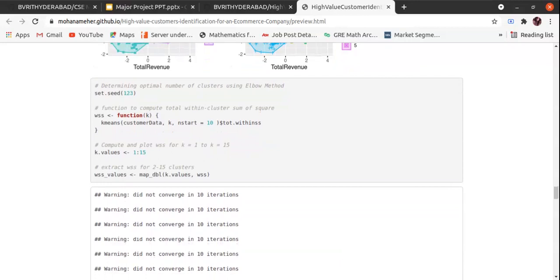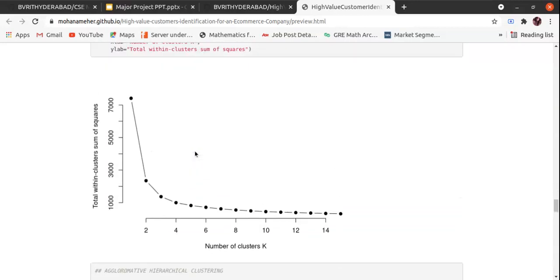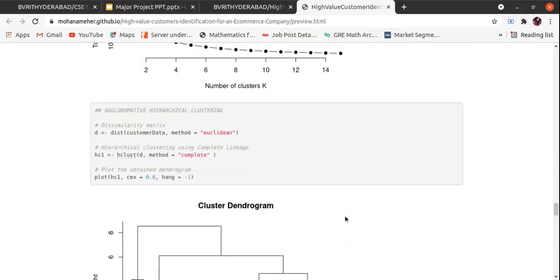Total within sum of squares measures the compactness of the clustering, and we want it as small as possible. So from here we can say that the optimal number of clusters in k-means is 3, with 527 customers identified as highly valued. Why 3? Because from 3, the line goes almost linear.